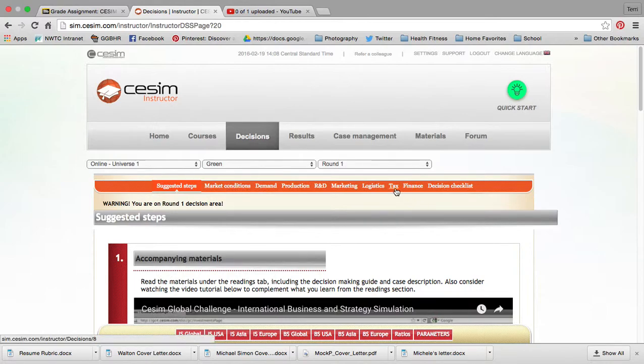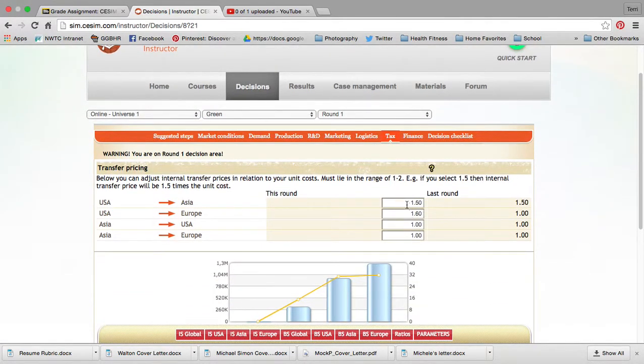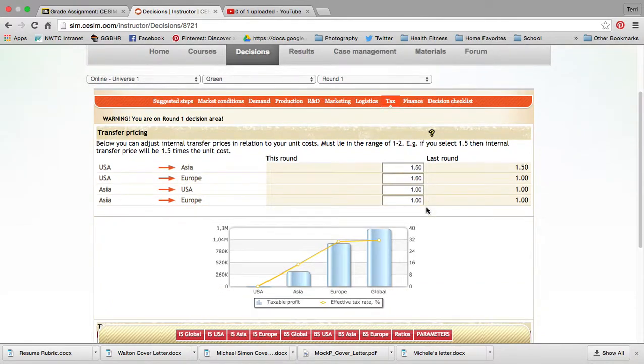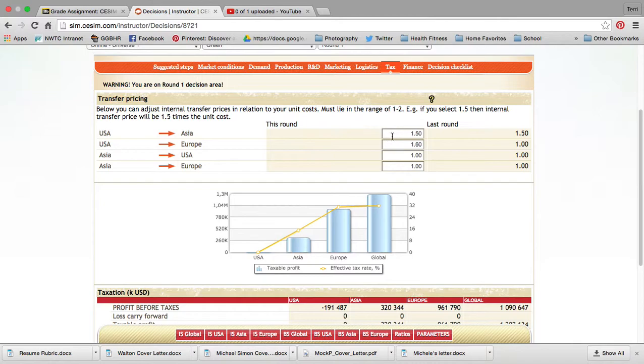The first thing is in the tax page. I saw that some of you had a little bit of higher prices. If you are charging 1.5 or 1.6 to help improve your profitability, which some of you might have done, know that your cost for your product is going to be a little bit higher than potentially your competitors. So while your internal profits seem to be balancing and adjusting appropriately, it is going to also increase your costs because this is a transfer pricing. So when you send things from US to Asia, you're actually charging 1.5 times the cost. Same with US to Asia, it's 1.6 times.